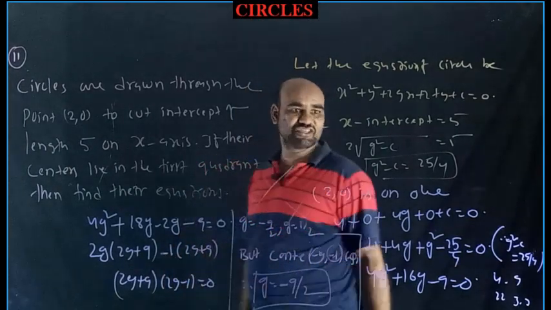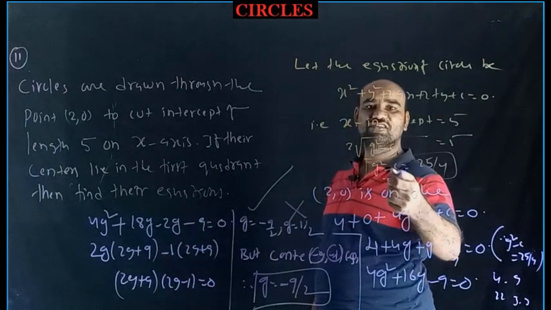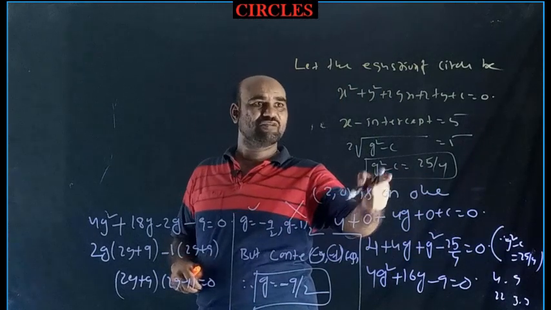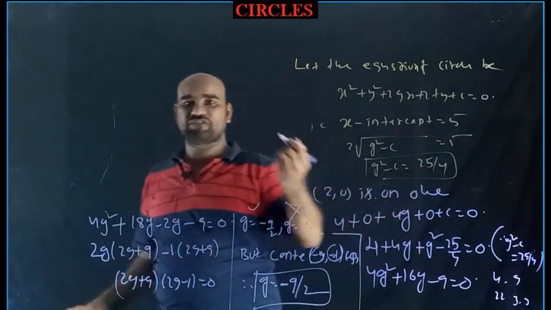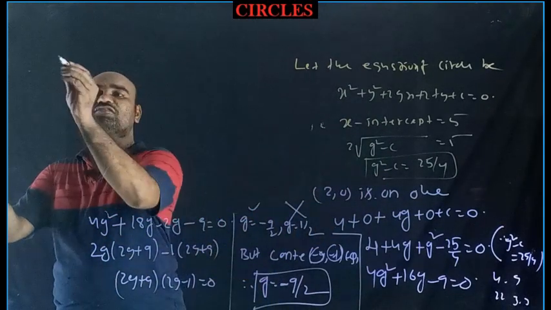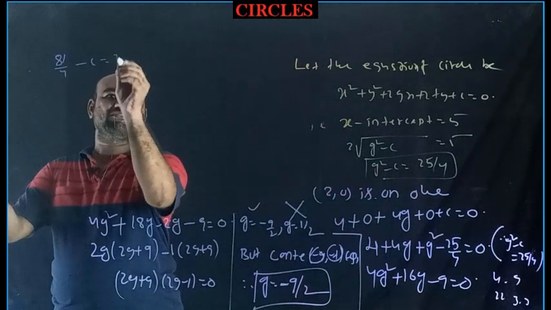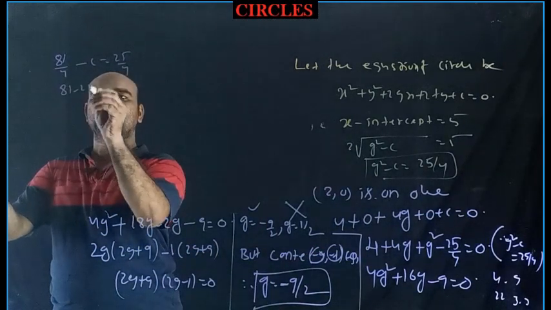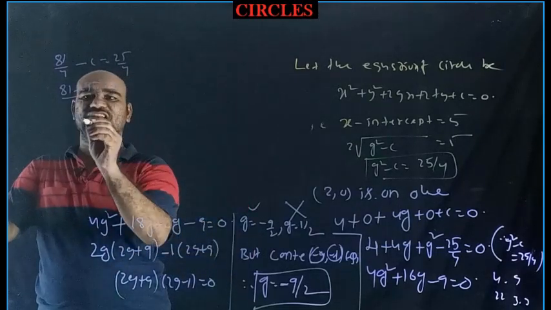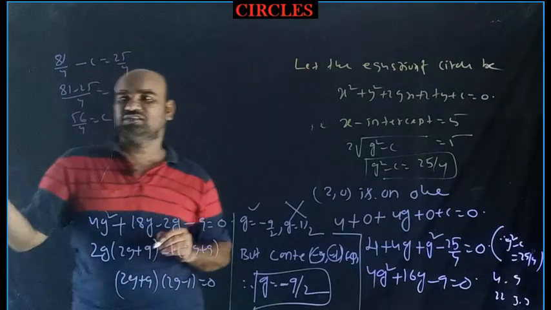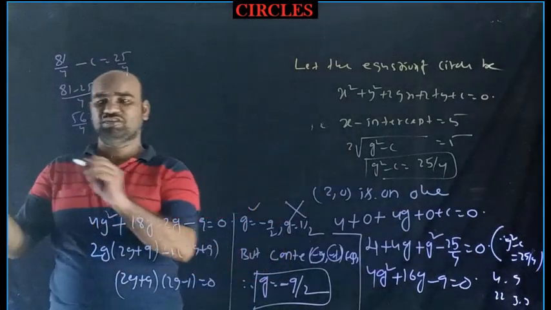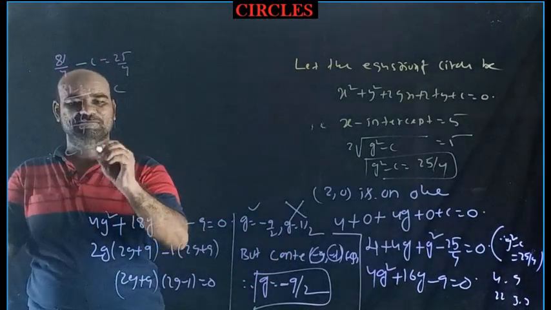For this corresponding g, you can find c. I think f is a variable here. For this g, I will get the c value, but here we won't get the f value, means f is a variable here. So I want to use this. G square means 81 by 4 minus c equal to 25 by 4, or (81 minus 25) by 4 equal to c. Yeah, that is 56 by 4 equal to c. Cross check it. Okay. Yeah, equation of the circle. Therefore, equation of circle.